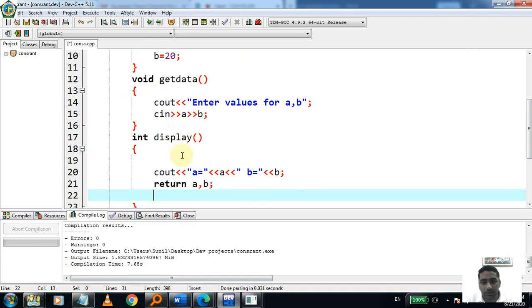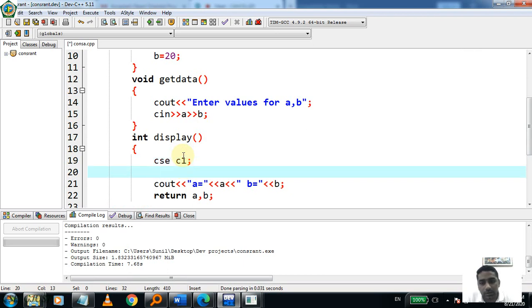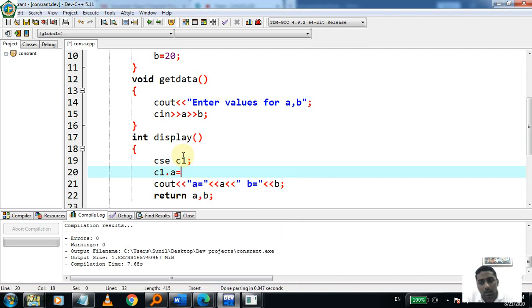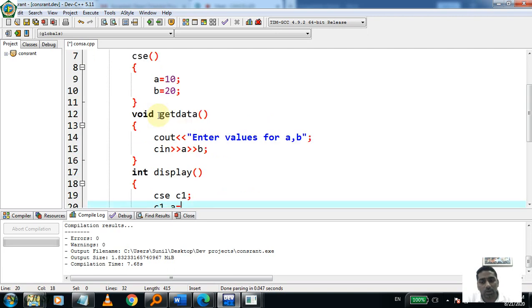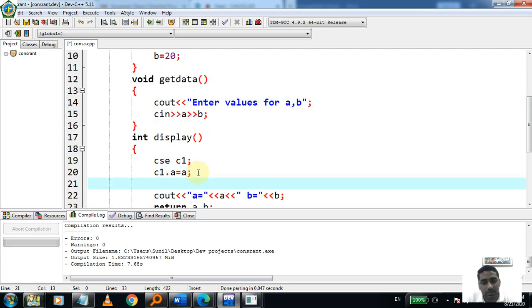Here is your display function, and you are creating object C1. C1 is your local object. C1 dot a. According to this statement, if C1 is a local object, the value is by default initialized according to our program. But if it is not initialized, you can initialize it by this C1 dot a. C1 is a local object, and a is a variable of that object.